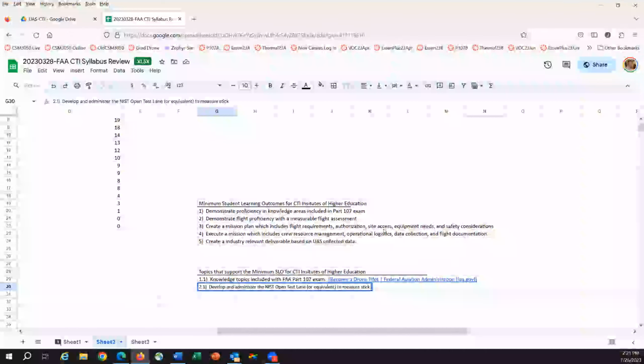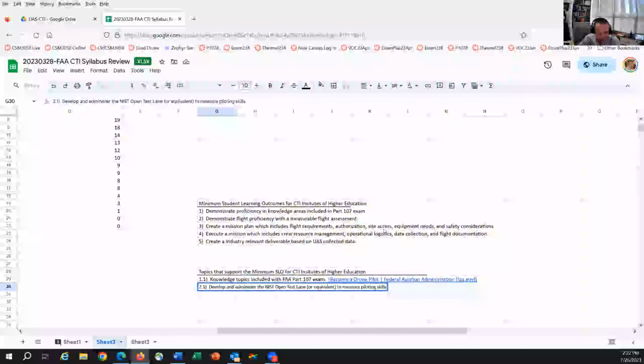Flight proficiency is stick control and operating, and then mission planning, as we call it here. Well, then how about piloting skills? Okay, I can buy that. Measure piloting skills. Develop and administer the NIST open test lane, which, I mean,